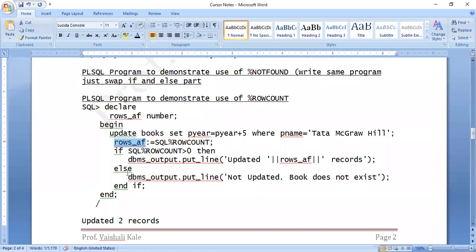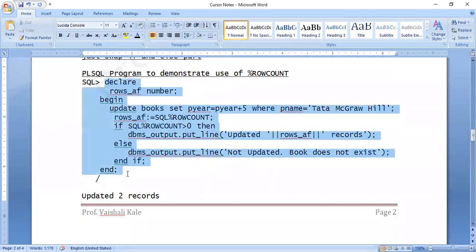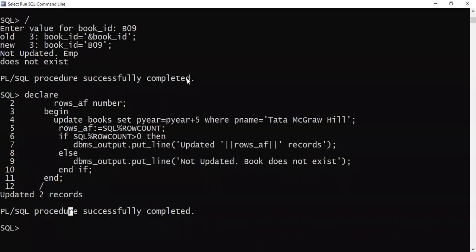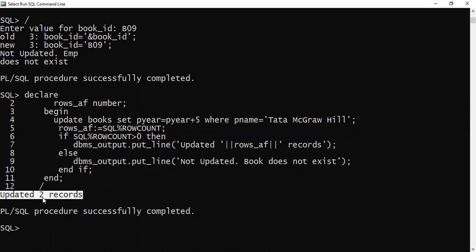Anyway, I will just execute this. You can see the Oracle screen. Here in Oracle, I have executed the same command for SQL row count, and I could see the output as 'Updated 2 records'. How has this 2 value come?